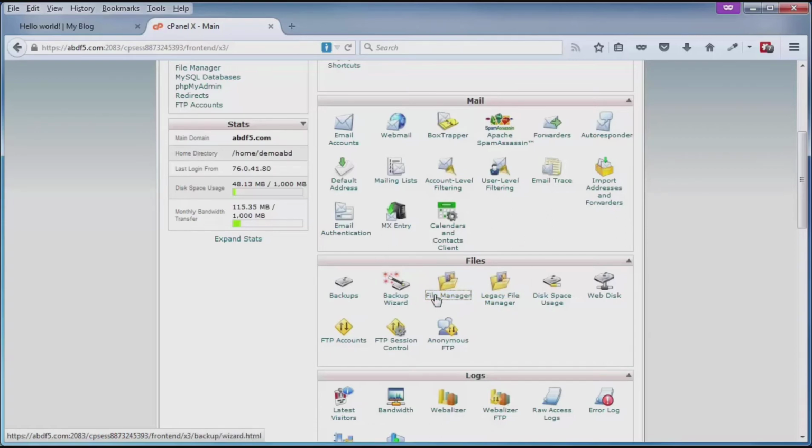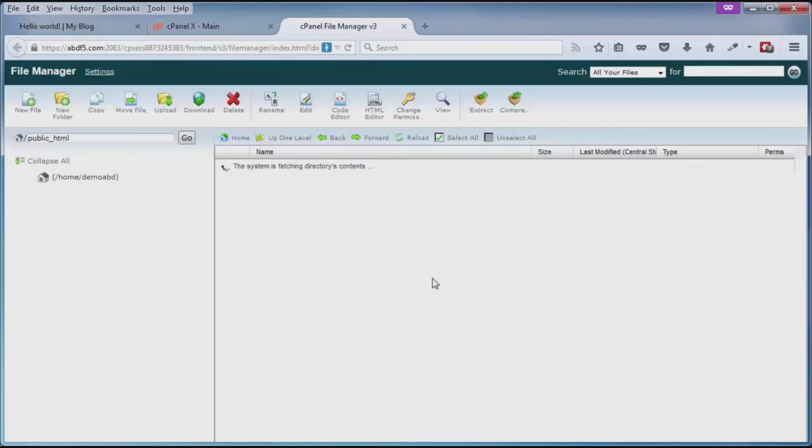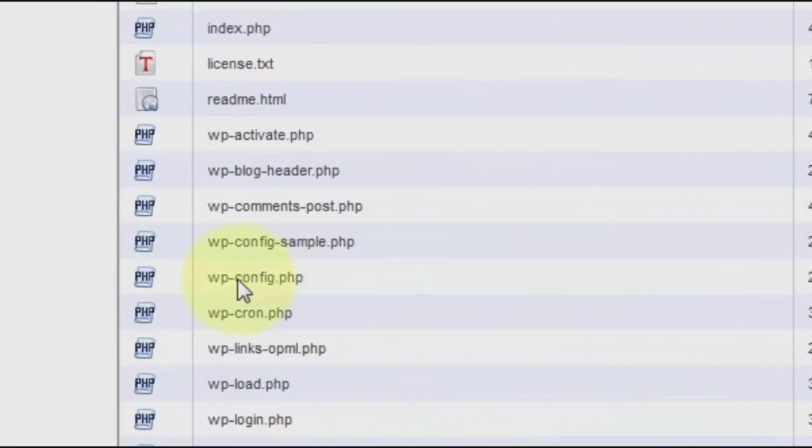So I've already logged into cPanel. Click on File Manager. And here is the wp-config.php file. Now we're not talking about the one that has -sample in it. That's basically just trash right now. We could just delete that and not have to worry about it, but we'll leave it alone for now. The one we're going to be moving is right here,